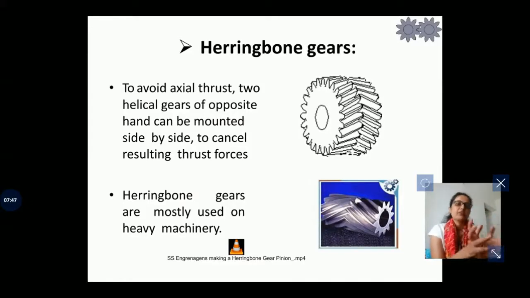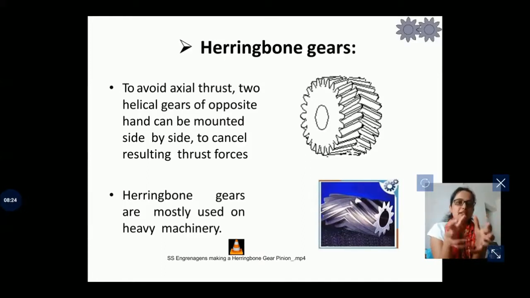According to this, teeth position going towards the right is right-handed, going towards the left is left-handed. But this is when the shaft is in horizontal position; if the shaft is in vertical position, then it will be opposite. So you just remember that when the shaft is in horizontal position, teeth of the helical gear downward towards the left is left-handed and downward towards the right is right-handed.